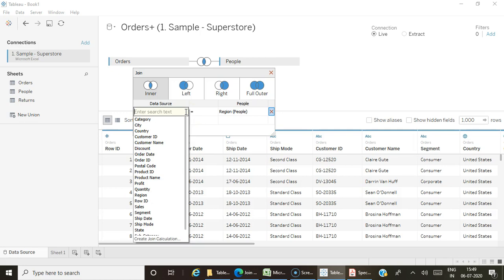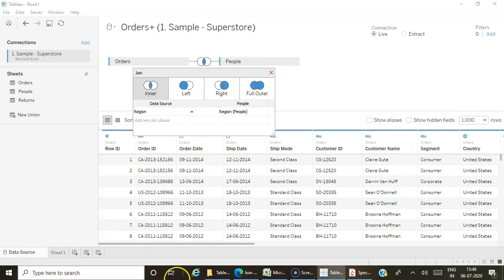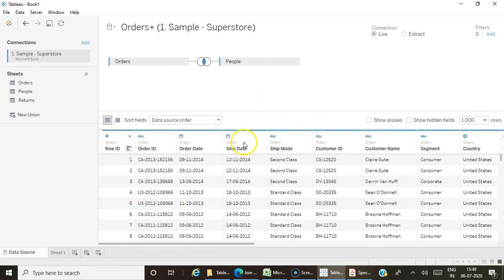Else you can click on the drop down and choose the corresponding field on which you want to create a join. So this is inner join, only when you need the matching records. Now all the records which are available in both the tables alone will be displayed here. That is matching records between the order and people table.